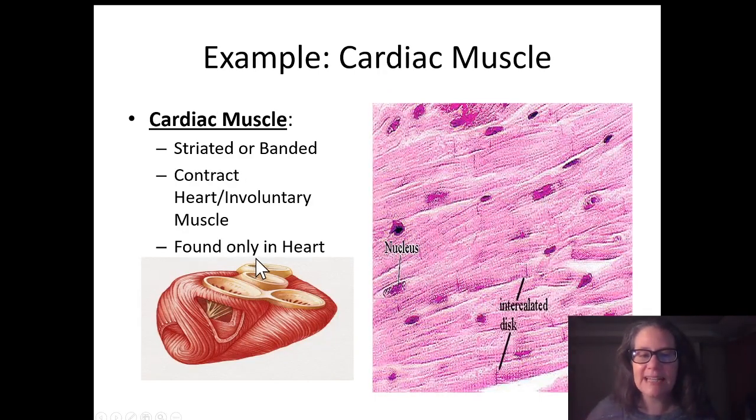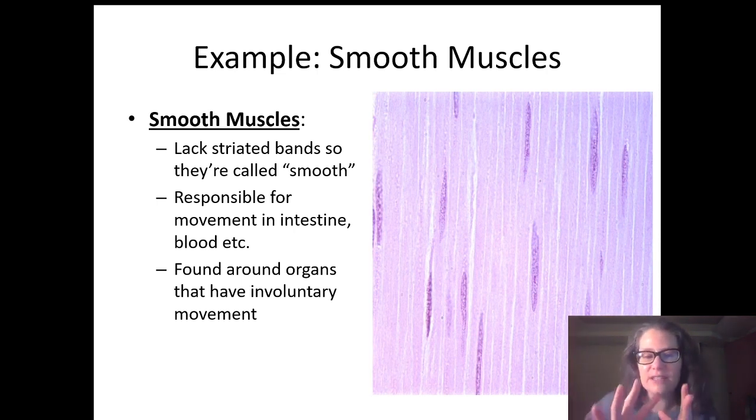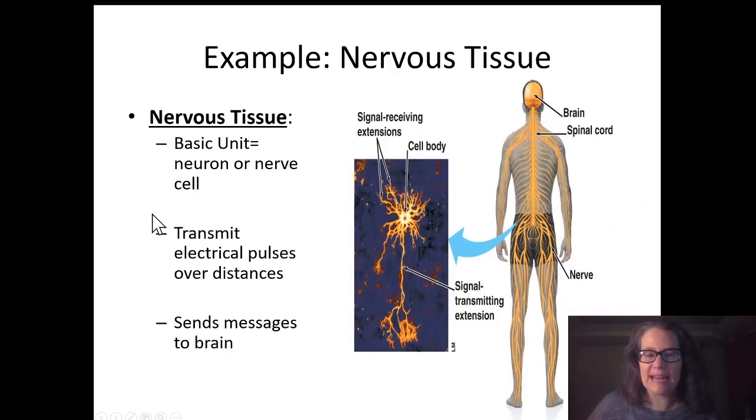When we look at cardiac muscle, this is the muscle that's wrapping the heart. This is a very strong muscle because it has to work all the way from fetal development to the end of your life, right? One of the signs of death will be your heart stopping. So it works for your entire life. Smooth muscle underneath the microscope looks a little bit smoother. It doesn't have those intense striations that we see in the other two. These muscle groups are often around your involuntary organs, so things like your digestive tract, to move food along from your mouth to your anus.